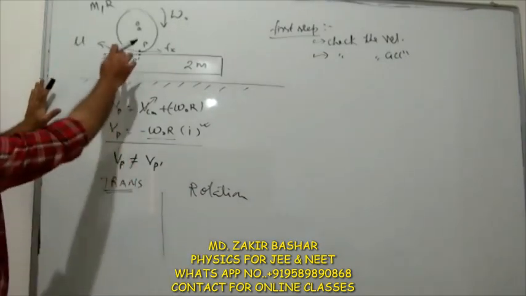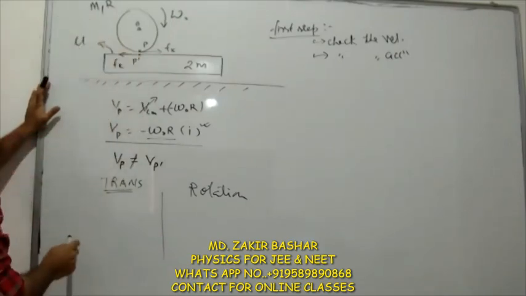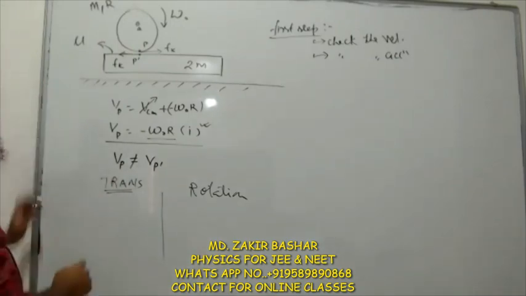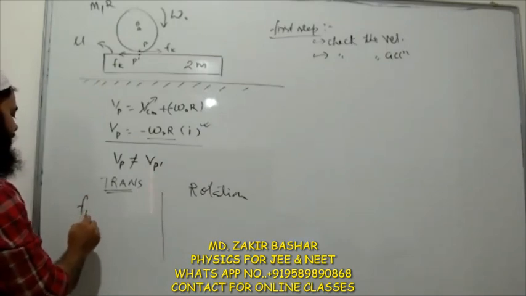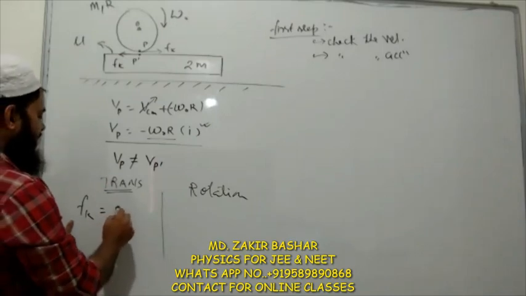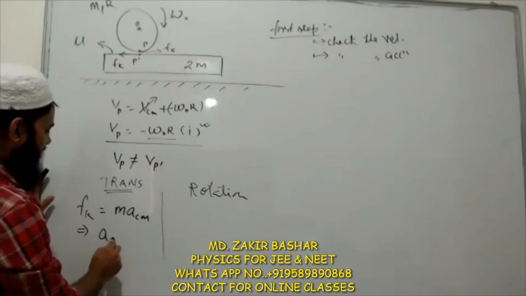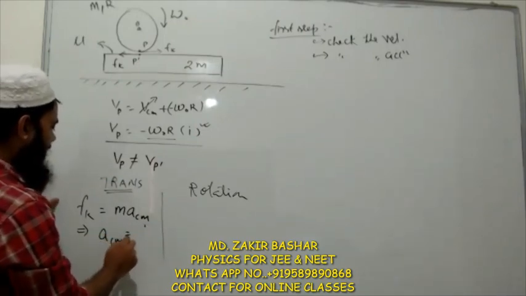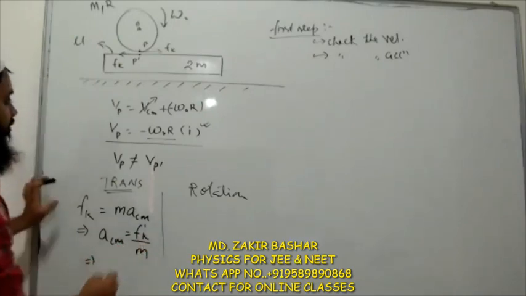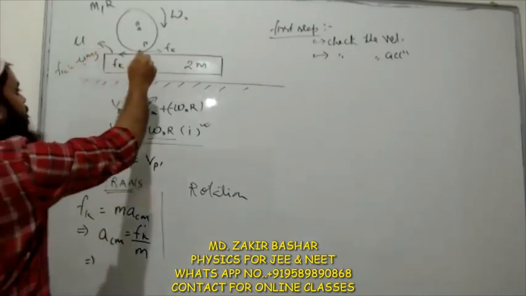Now see here. If I calculate the translational motion, I write the equation of the center of mass. Fk will be in the positive direction, equal to the mass of the disk times the acceleration of the center of mass. From here you can calculate the acceleration of the center of mass of the disk as Fk by m, and the value of Fk is fixed, Fk equals mu times m times g. Why is it mu m g?